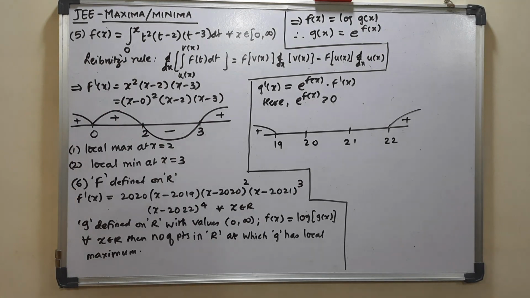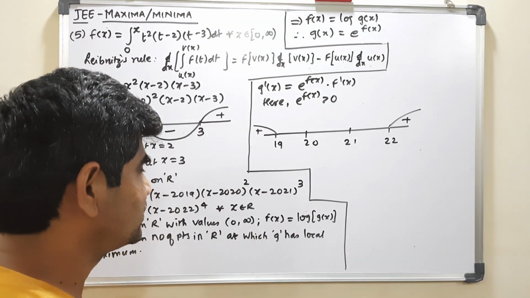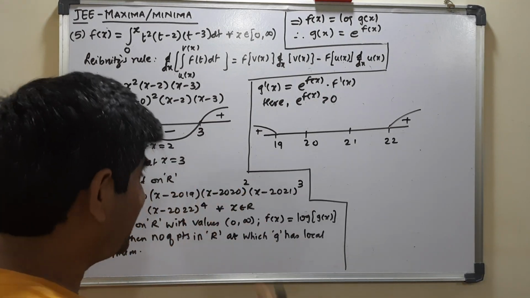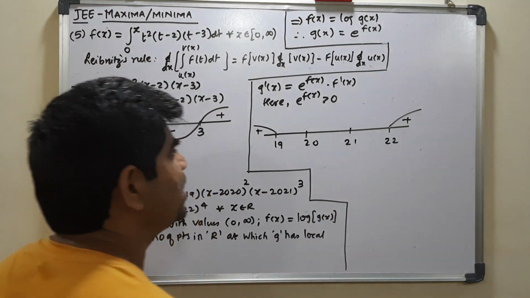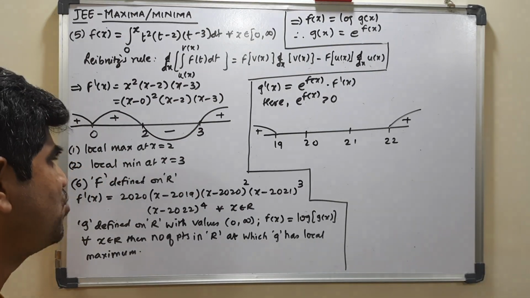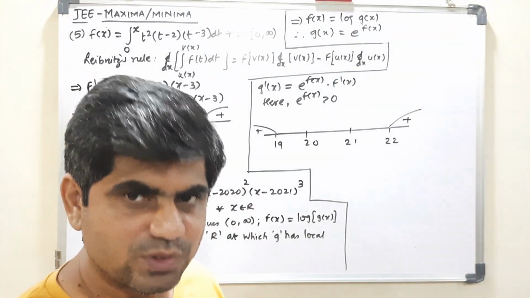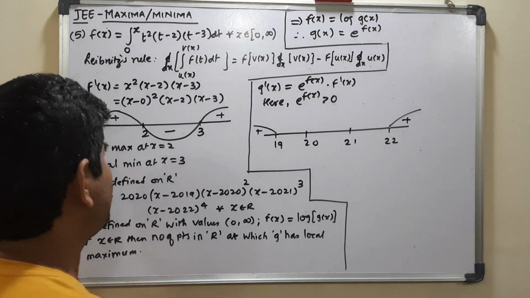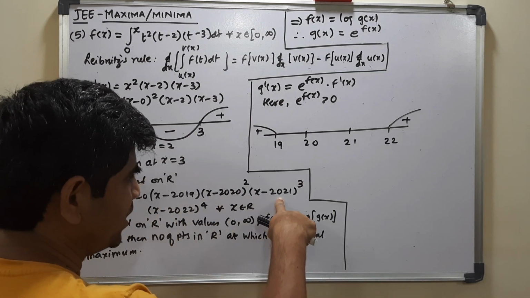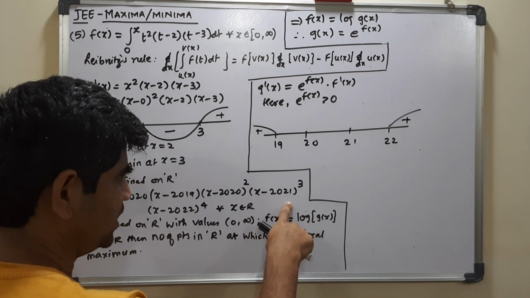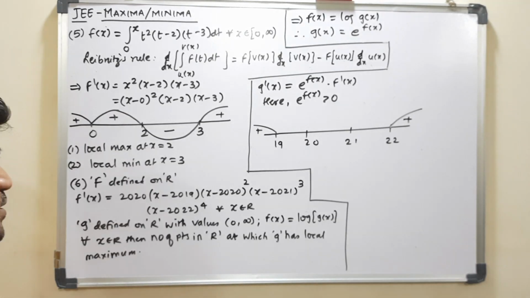As we will see here, there are powers also, so you have to be very careful with that, right? So I will take the values. Let me start from extreme right, 21, 22. Between 21 and 22, that is 21.5. So at 21.5 this is positive. Even this is positive, right? And at 21.5 this is negative, right? This will be negative.